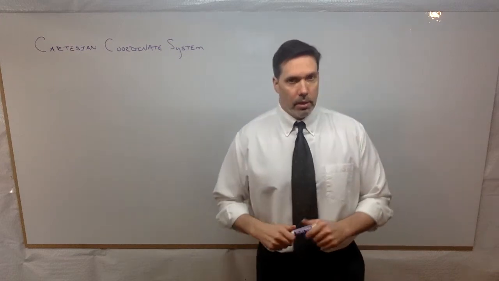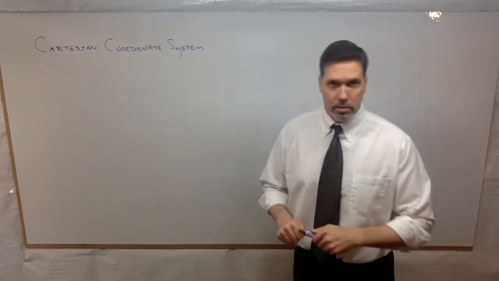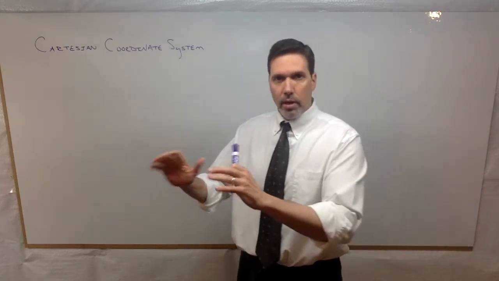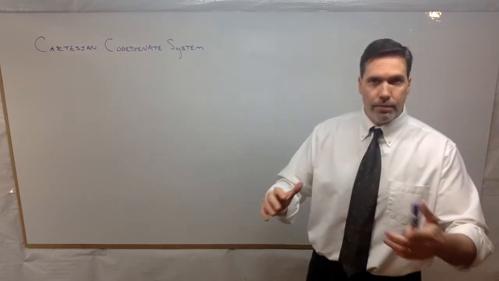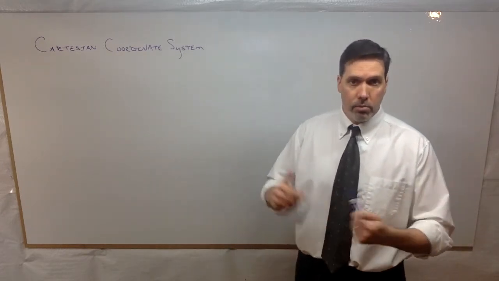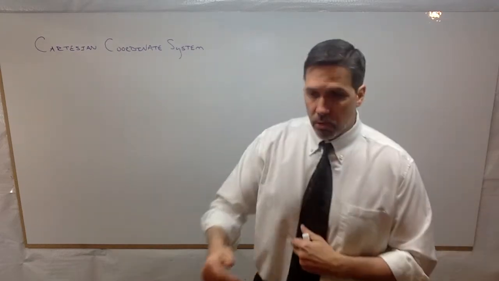In this first video, we're going to talk about what you should be very familiar with, known as the Cartesian coordinate system. This was a way that we can locate points on a flat surface and actually put numbers to them, right? And we do that through what's called an ordered pair. But before we get to that, the Cartesian coordinate system, real quickly,